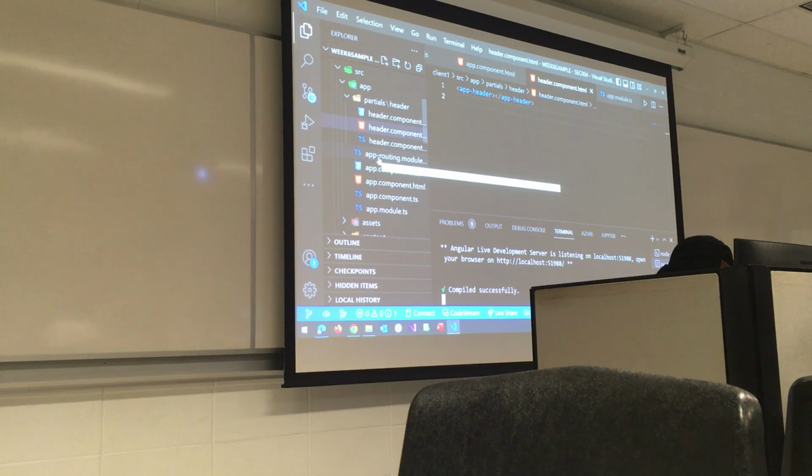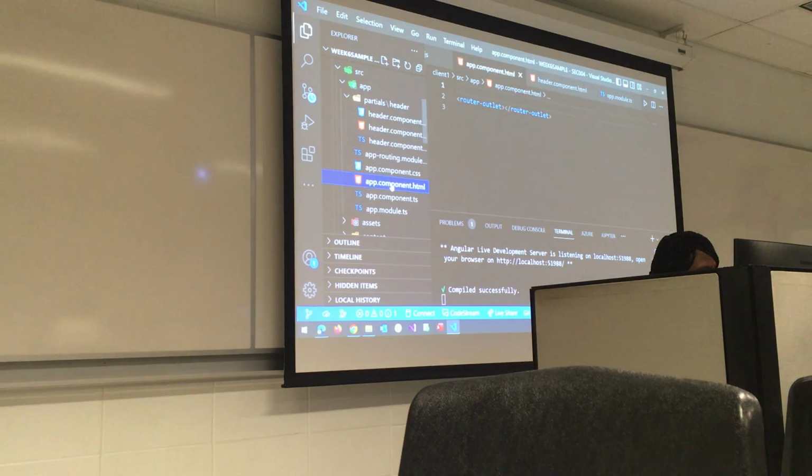So that means we have to go back. We ought to put it in the header component. Okay, we have copied it and we are meant to put it in the app component.html. So where did we put it? The header component. Oh, so go back. The header component.html is not meant to have it.